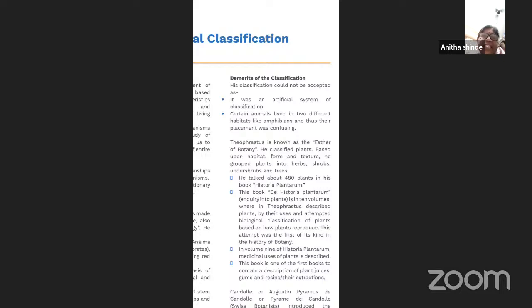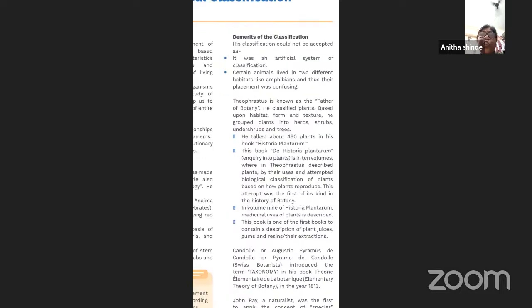Now, the next scientist was Theophrastus. Theophrastus is considered to be the father of botany, like Aristotle, whom we consider the father of zoology. Likewise, Theophrastus is the scientist who is considered the father of botany. So he classified the plants; he concentrated more on the plants. What he did is, based upon the habitat, form, as well as the texture, he grouped the plants